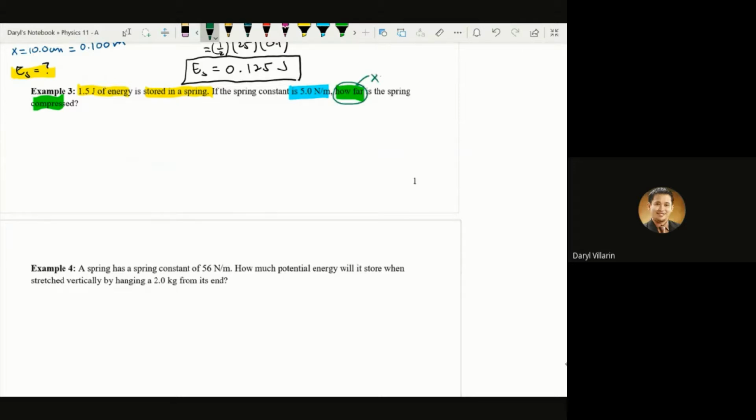So that would be your x. That's a question mark. So again, it would be advisable to write the given and the unknown. So you have, given, stored in a spring, so we use E sub S. So that's 1.5 joules. The K is 5.0 Newton per meter. And then x would be the question mark. Okay, so now for my solution,